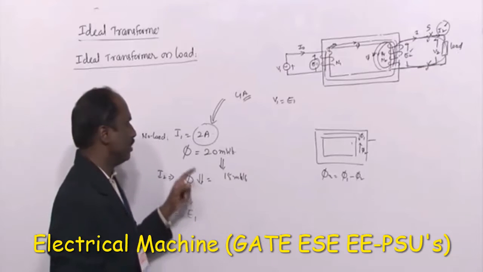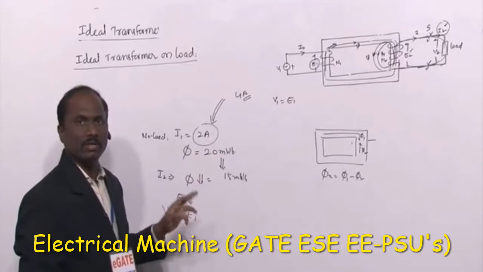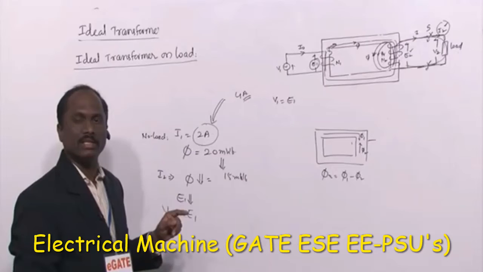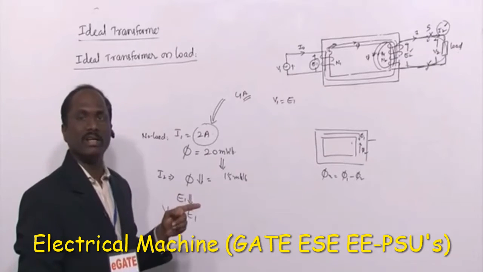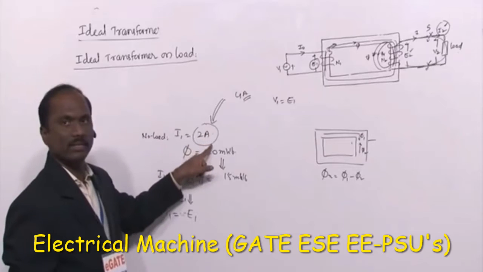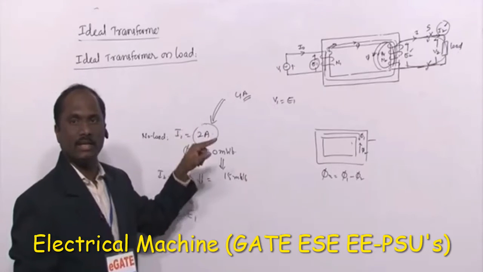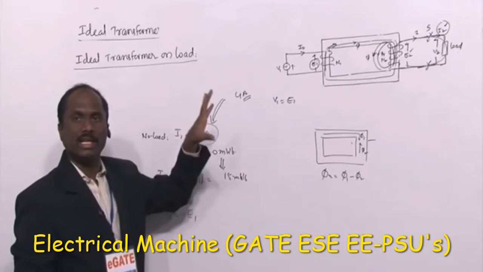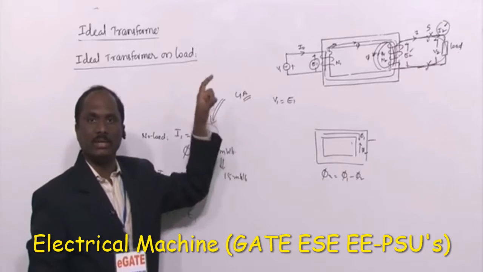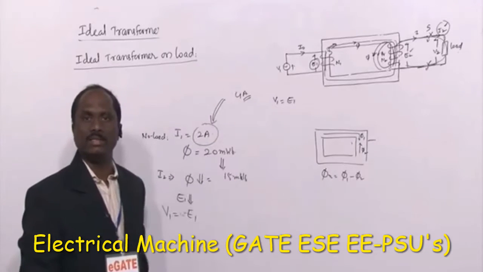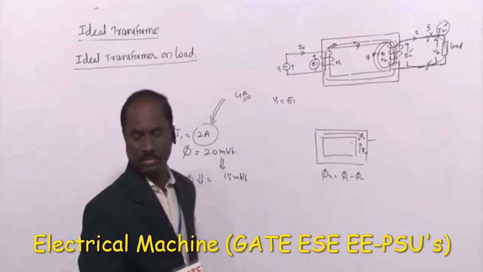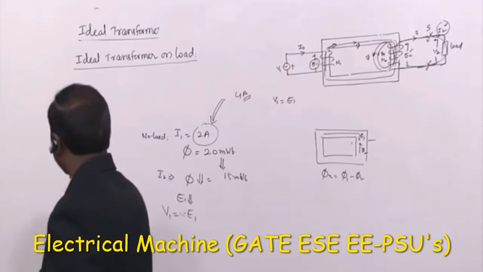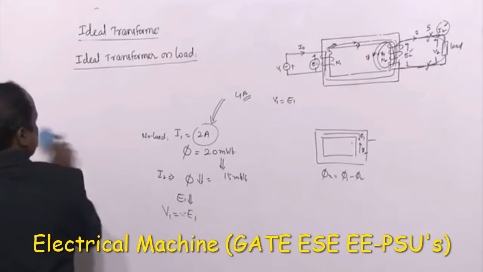But what is the condition? V1 must be equal to E1. So to retain that, how will E1 increase, how does E1 reach V1? E1 reaches V1 whenever our input takes more current. When the input current is increased, the resultant flux in the core also increases, so that E1 will be the same as V1. Like this it will go on. So when the transformer is under loaded condition, just note this point.